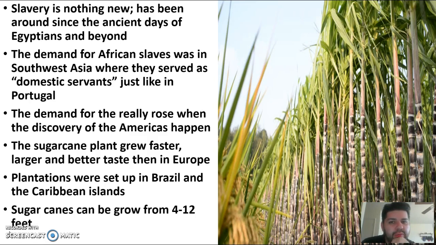Because with slavery, you pay a one-time fee. That's basically it. And then, yeah, you gotta feed them and things like that. But that's where the mistreatment of slaves comes in. Because they really don't want them to be too strong. They want them to have just enough strength to do the job, and that's about it. And this kicks off the slave trade, which we'll be talking about more in the next video. So for right now, that's the end of this one.